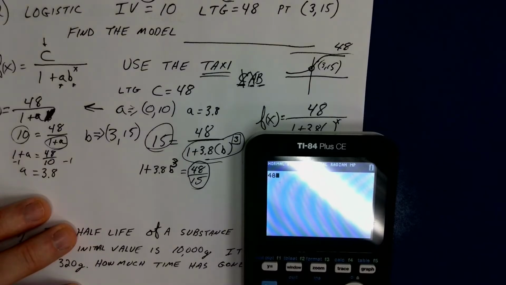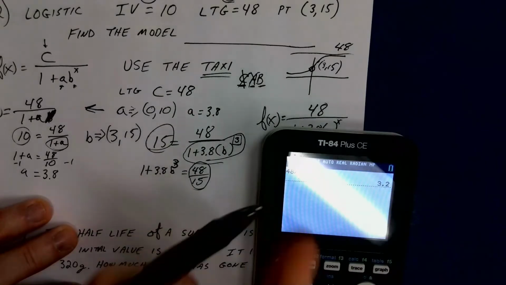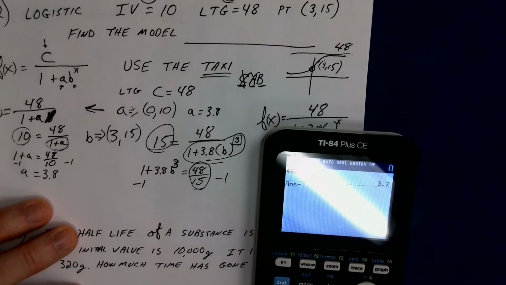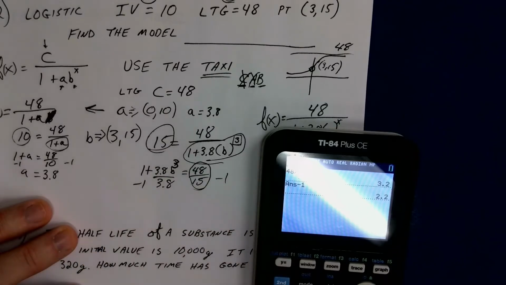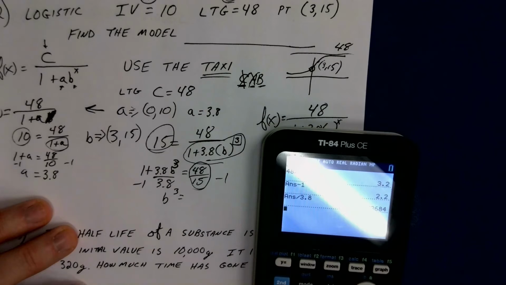Okay, so 48 divided by 15, enter. I get 3.2, right? And then I'm going to subtract 1 from both sides, so minus 1, enter, 2.2. Divide by 3.8, enter. And now I have b cubed is equal to that